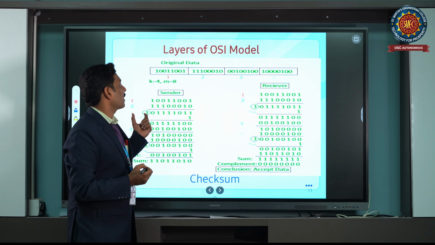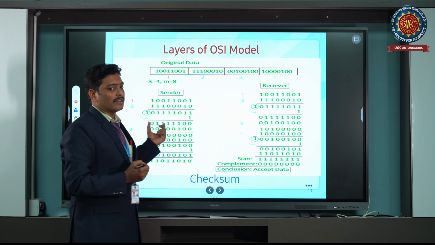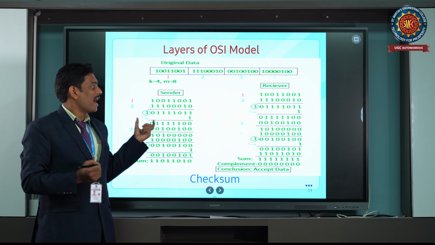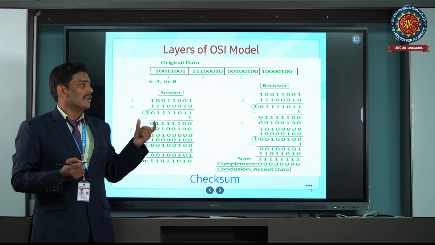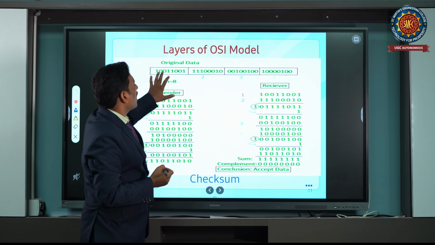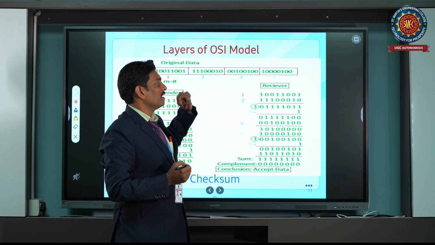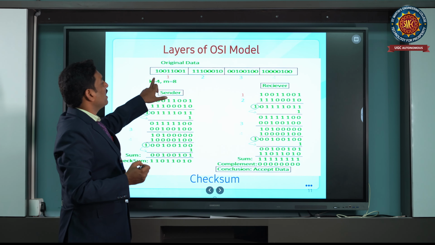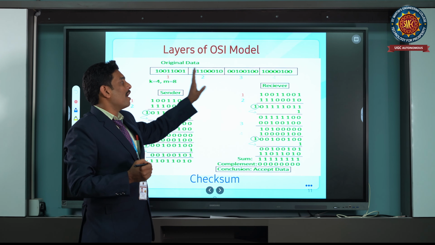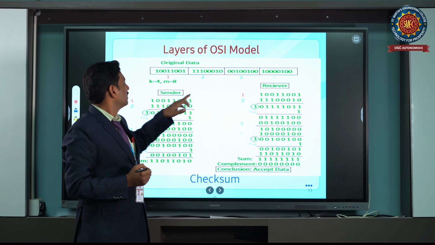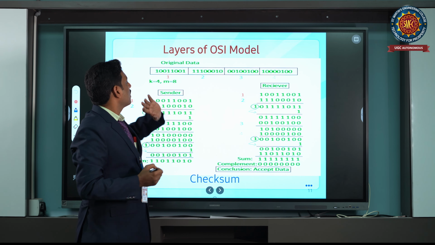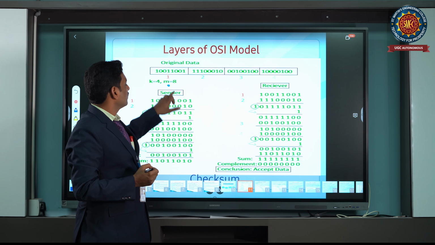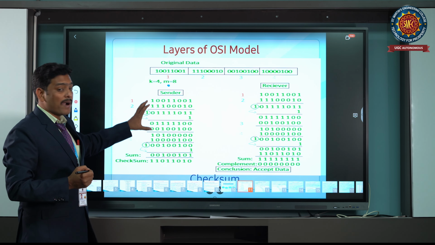Next one is checksum. Checksum is a method to identify the error. This is the data I want to send to the receiver without any errors. First, the data will be divided into segments. All the segments are of equal length. Here the data is 4 segments. These 4 segments will each be of length 8. By using binary addition,